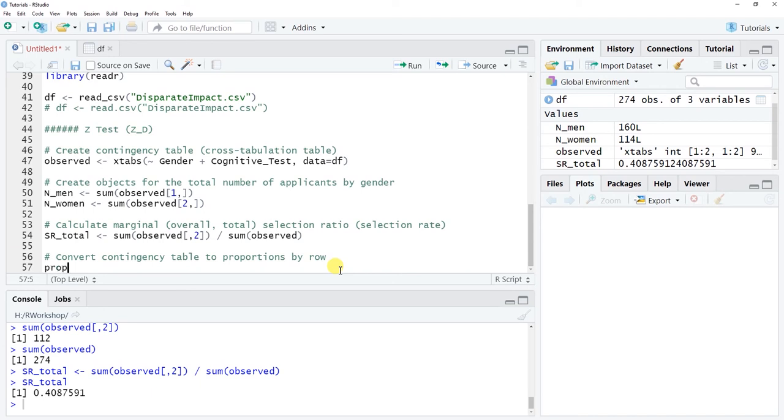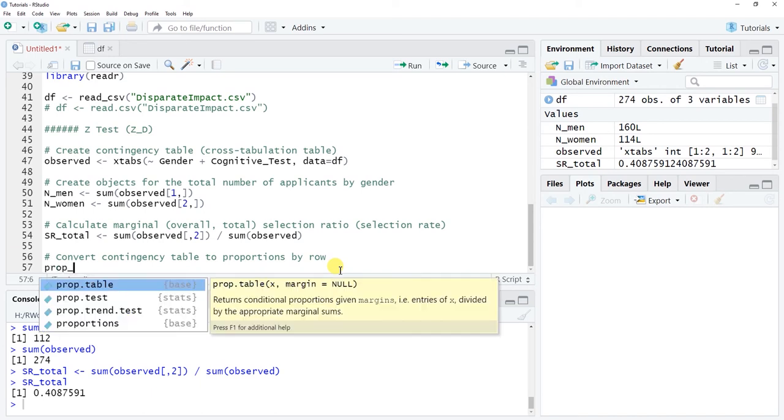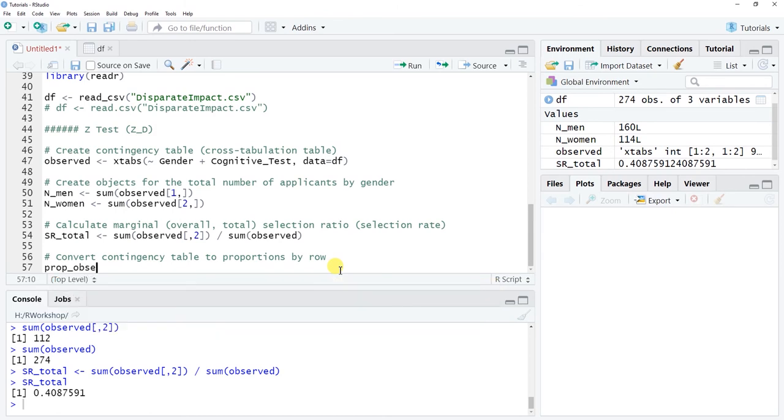I'm going to create a new table object that I'm going to call prop underscore observed. The name is somewhat arbitrary; you could call it something different if you'd like. This is going to represent proportions observed, so our observed proportions. Then use the left-handed arrow operator, so we can assign our new table object values to this new object called prop underscore observed. So what are we going to do here? Well, we're going to apply the prop.table function from base R. So prop.table,